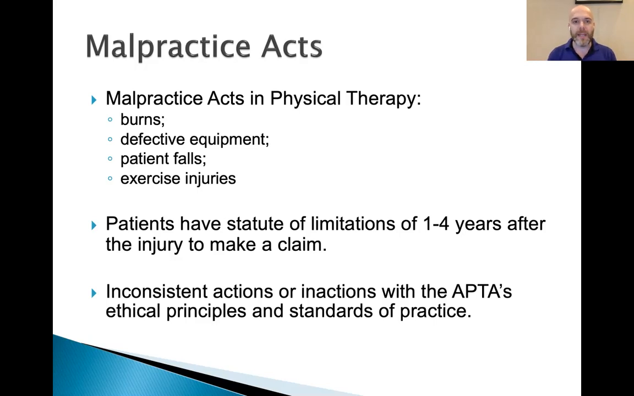But this is going to be different for us for PT in different states. It's going to be different with doctors too. It's going to be different with different practitioners. And anything that's outside of the APTA's ethical principles and standards of practice is also going to be considered malpractice too. So even if we're not causing physical harm to the patient,